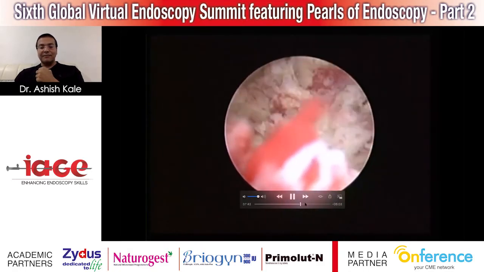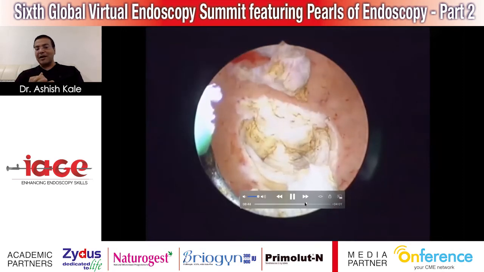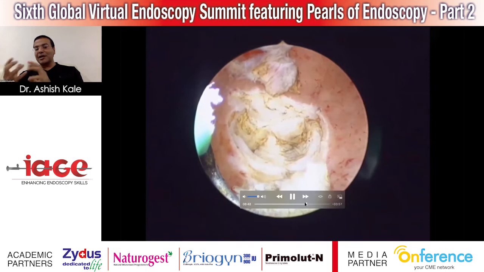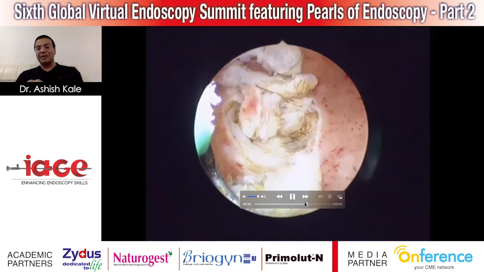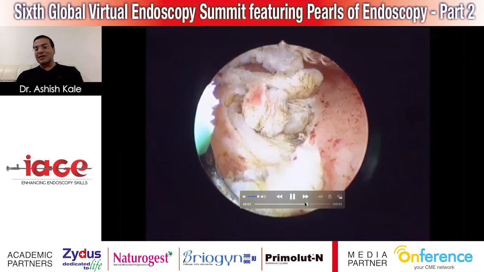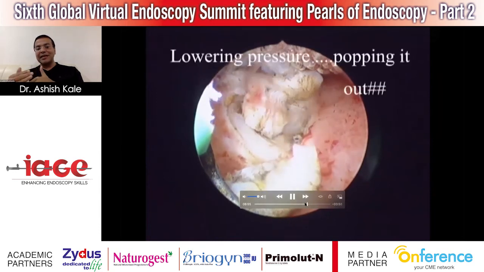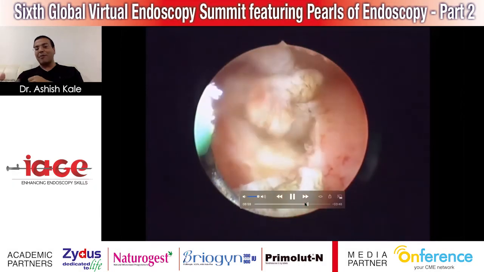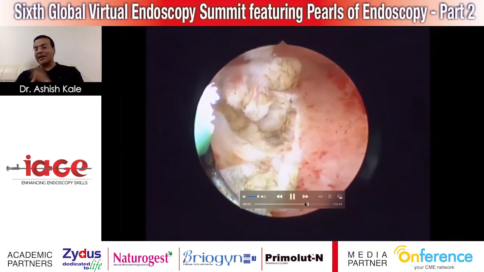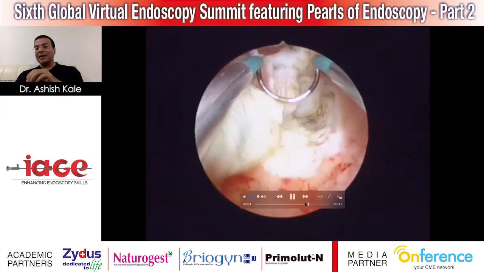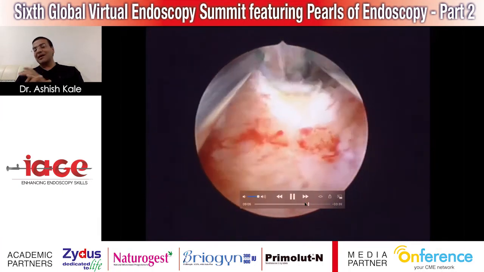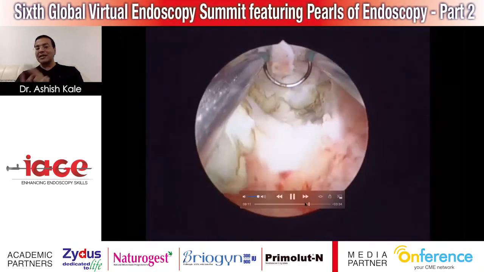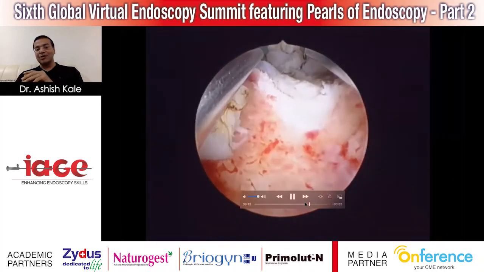Secondly, if a myoma is too much into the uterine myometrium, you can reduce the pressure. If I reduce the pressure, you can see the uterine musculature, because there is a plane between the two. It automatically comes, the myoma will pop up into the uterine cavity, and you can take care of it with this technique. Similarly, the loop can be used as a mechanical device to dislodge the myoma from the myoma bed. So these are some of the things that can be taken into account.